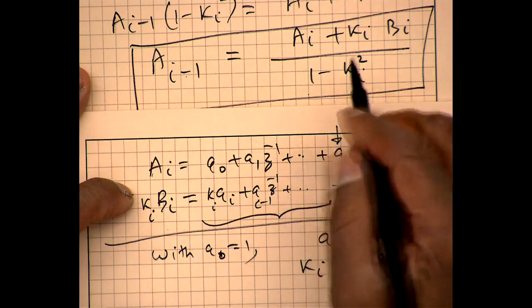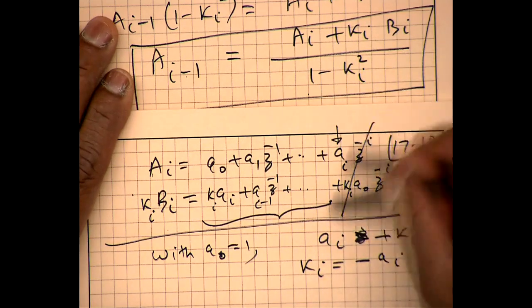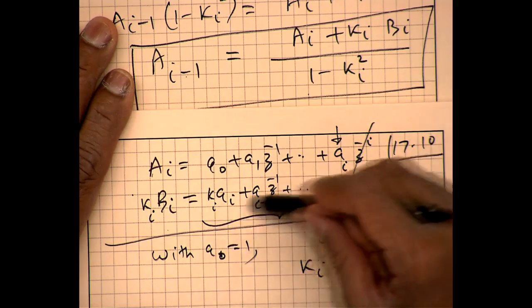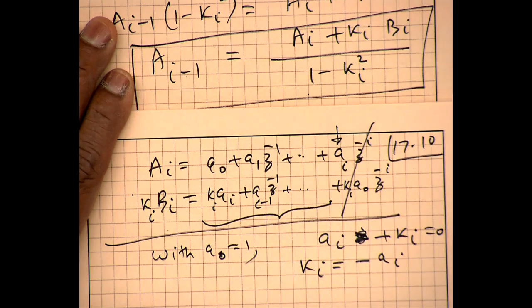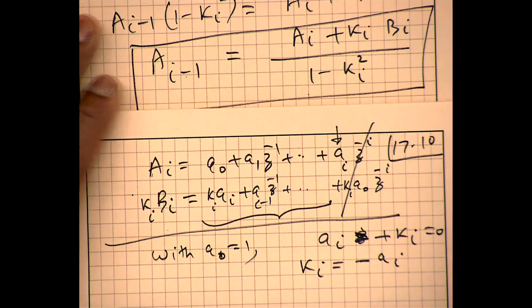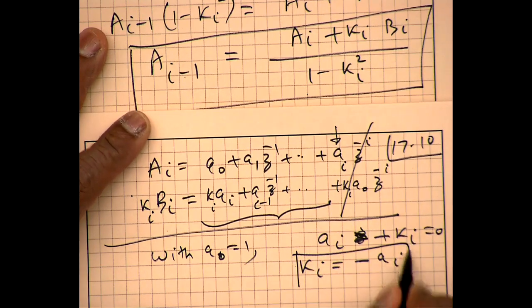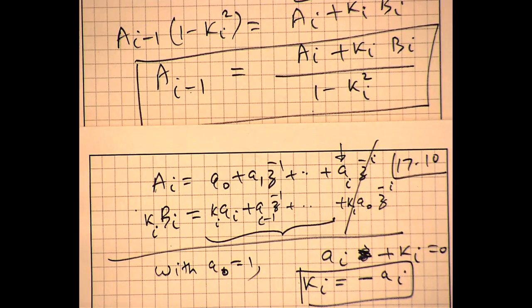So if I add this numerator, A_i plus K_i B_i, the ith degree term is gone, and then we will indeed have a polynomial of degree i minus 1. So we are done. That's essentially the derivation. The derivation says keep reducing: choose K_i as minus A_i and follow this process. Keep doing it and get all the K coefficients.